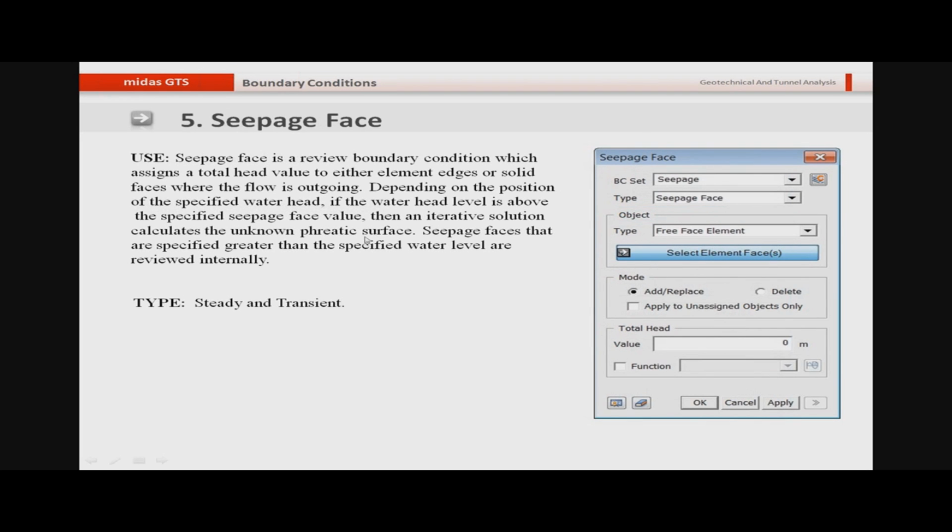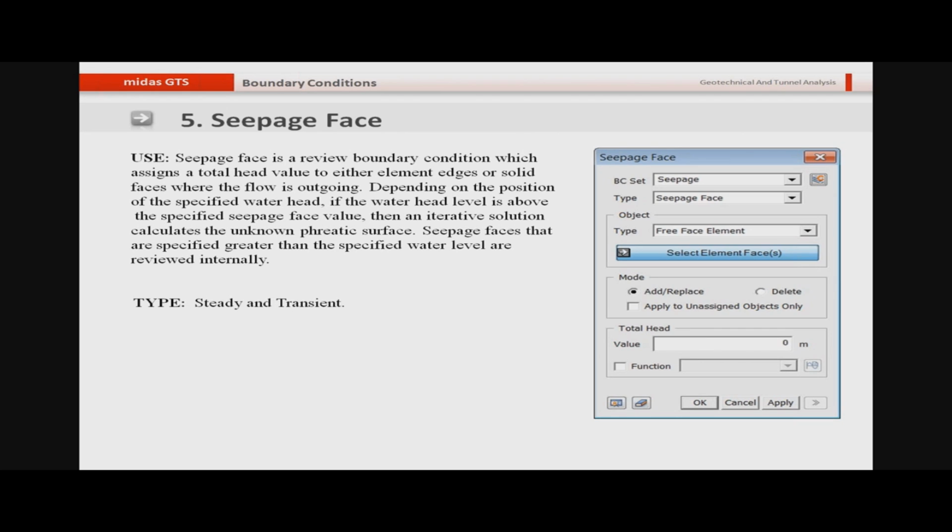You can use the seepage face. A seepage face is a boundary condition which assigns a total head value to either element edges or solid faces where the flow is outgoing. So here you can define the seepage face where the flow is outgoing, and you can define not only the steady state seepage face, but also the transient seepage face.